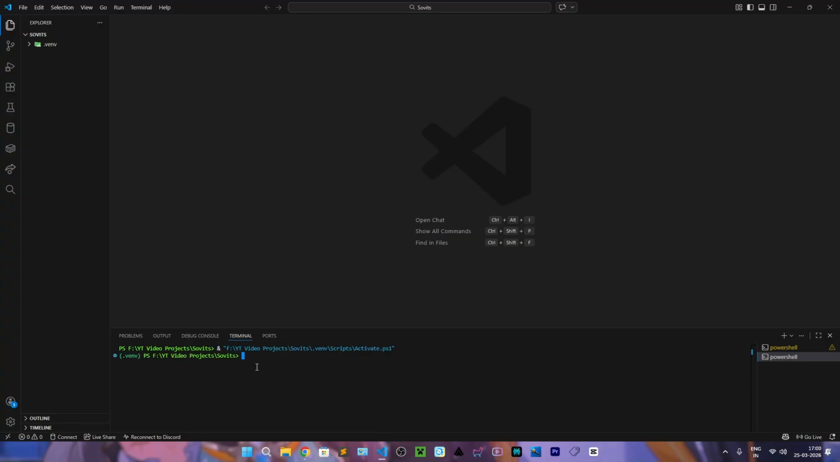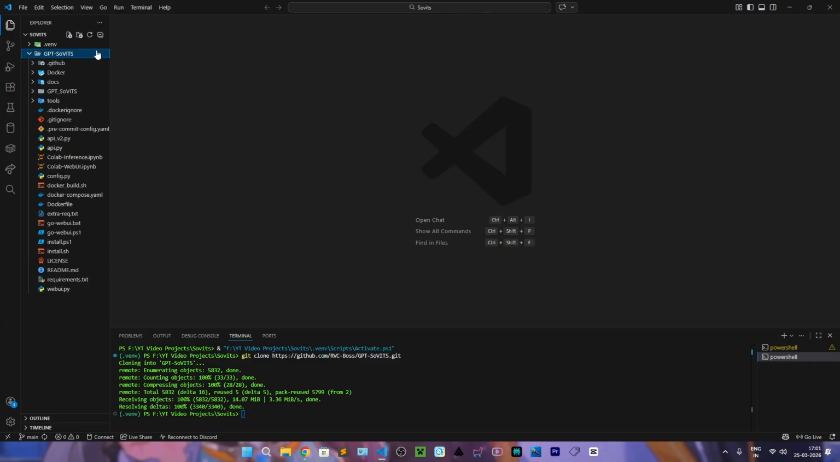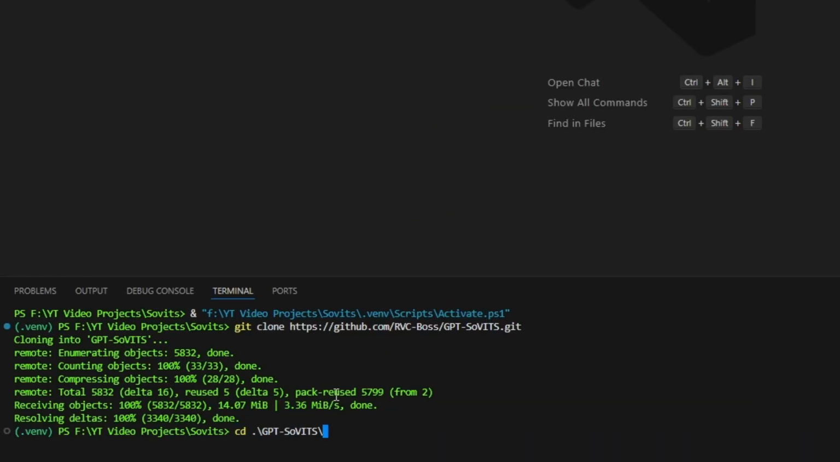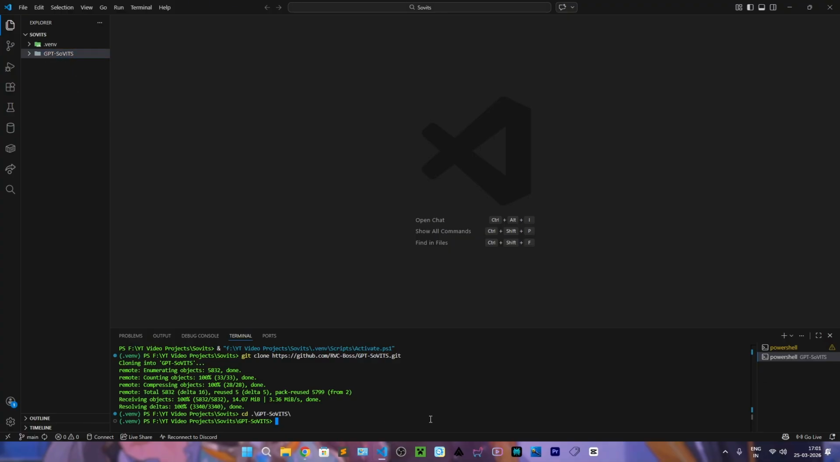So make sure you have git installed in your system for it to work. Git clone, then the link of the repo, enter. It will start cloning. After the cloning is done, it's time to install libraries. So let's first change your directory to GPT-SoVITS as the requirements.txt is there. So change directory GPT-SoVITS. Before you run the requirements.txt, first download, this is optional, but you can first download